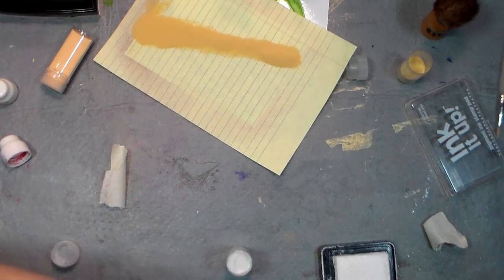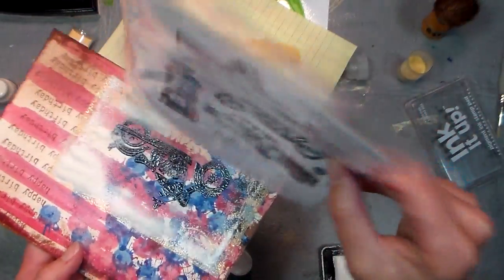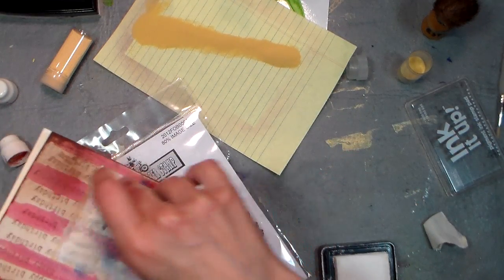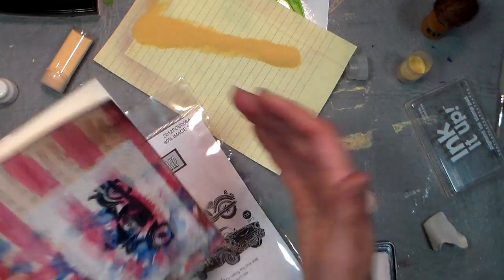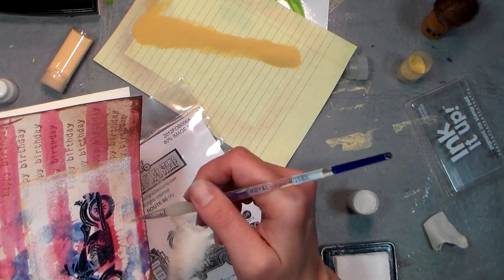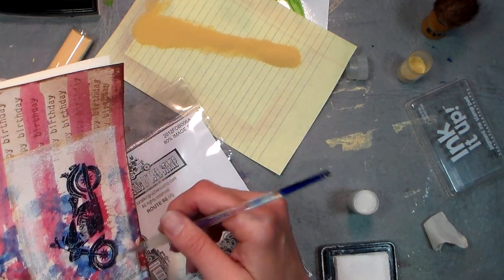Now we're gonna add the powder. I know, I got two open things of embossing powder. I am just asking for trouble here. I can't believe I haven't spilled it yet. Okay. Oh, that's kind of cool, and I can go in with my brush and dust away anywhere I don't want the powder to stick off those